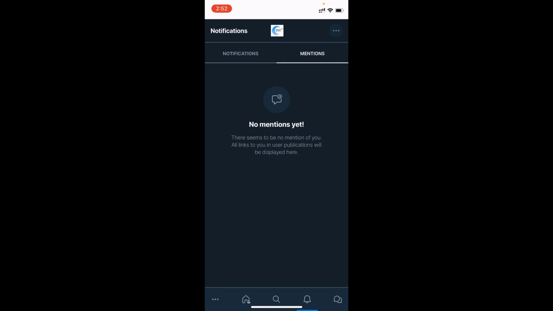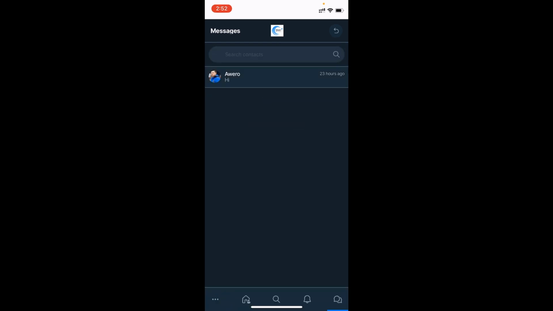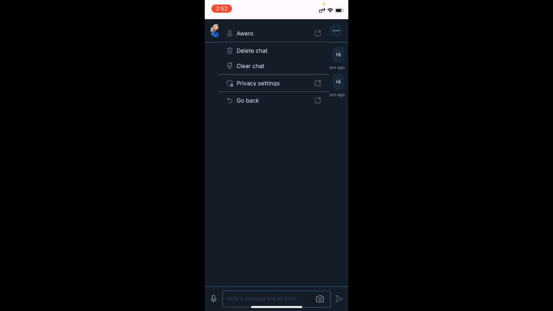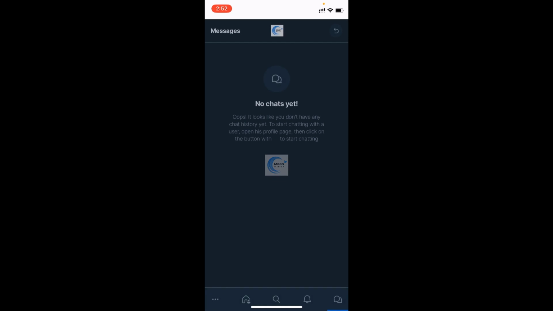Next, we have chat, where we can chat with people. We can reply to them very actively over here. We also have the option to clear the chat similarly like this. We also have the option to delete the chat, and the chats are deleted. Similarly, we can also search for a person from the search bar and send a message to them. Coming back to the home page,